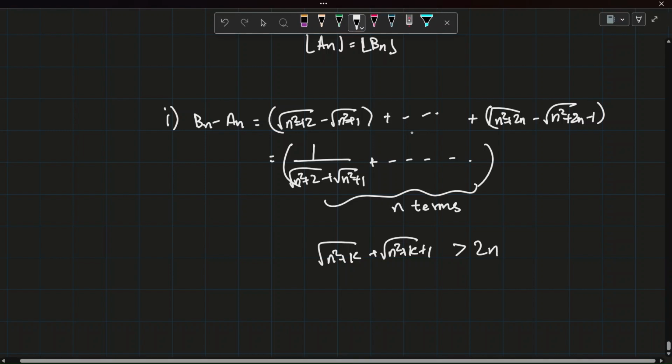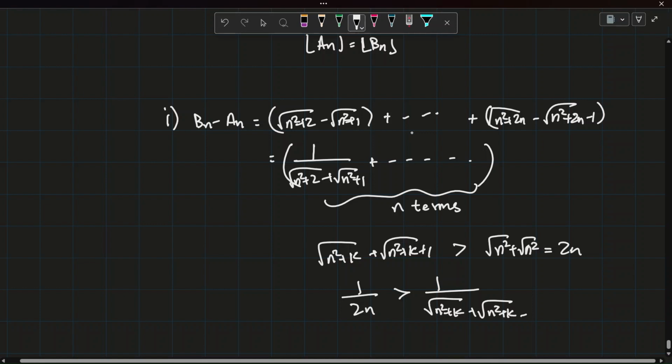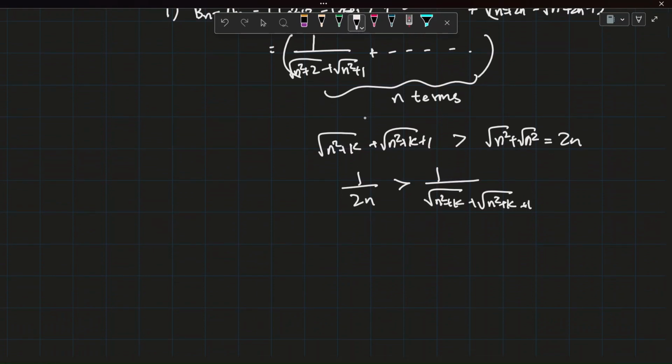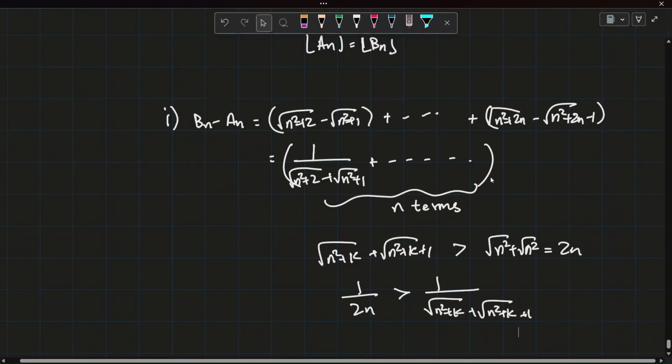Because the square root of n squared plus k is greater than, let's say, the square root of n squared, which is equal to n, so the sum is greater than 2n. And so 1 by 2n is greater than 1 upon the square root of n squared plus k plus the square root of n squared plus k plus 1. And if you do this for all the terms above, you can conclude that this whole big term here,